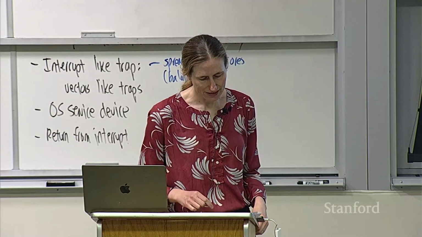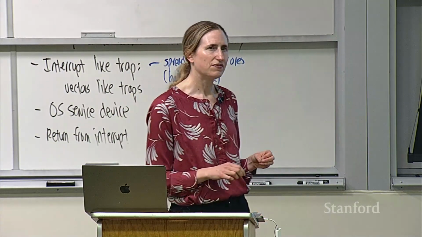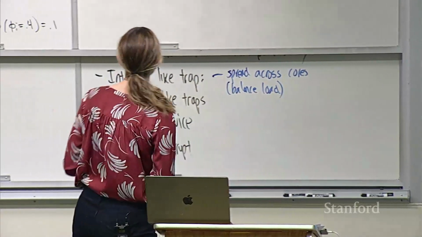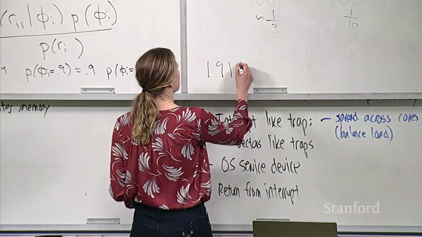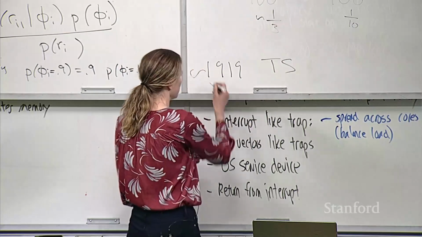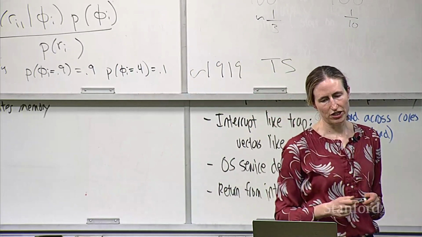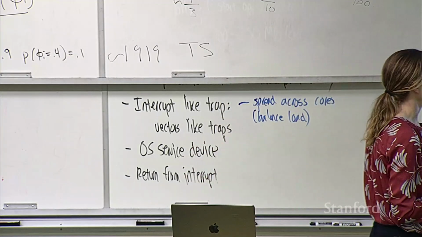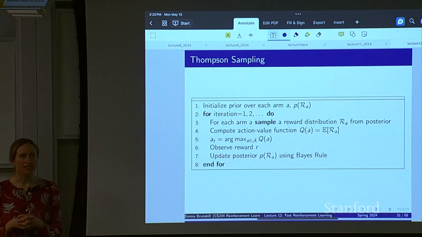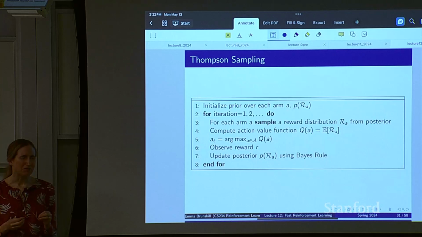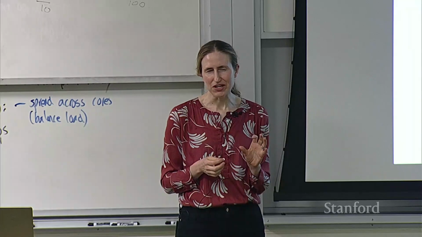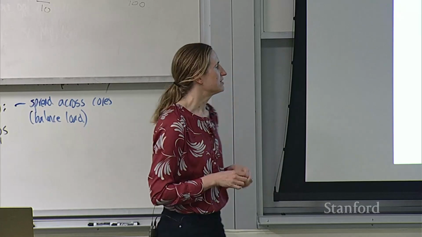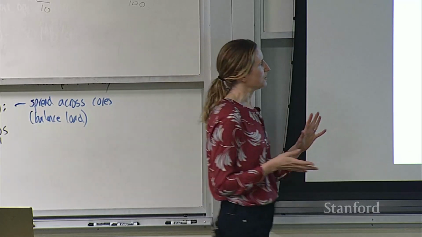This is called Thompson sampling. I think it was first invented by Thompson in 1919. So it's been around for like 100 years. But at least from the machine learning perspective, I think it was forgotten about for like the first 90 of those. It really came back into prominence about 2010, 2011, when some people discovered that it actually had some really nice empirical properties. So unlike Hoeffding, which has been used for a long time.